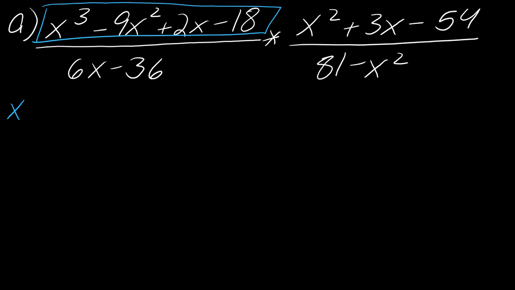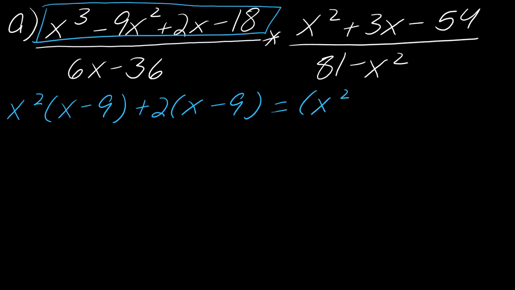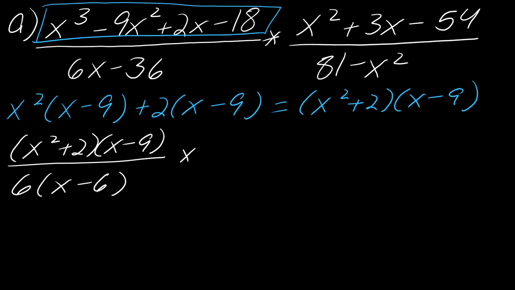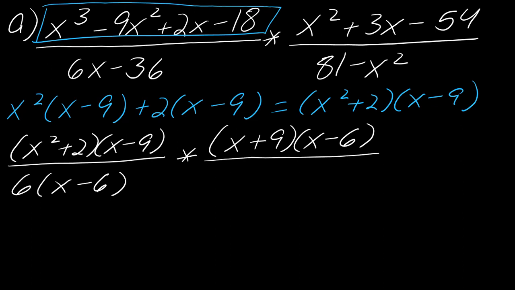Out of the first 2 terms, I'm going to factor out x squared. So this becomes x squared times x minus 9. And then out of the second 2 terms, I'll factor out 2. Now that I've factored that out, I can see that this is going to factor as x squared plus 2 and x minus 9. Okay, so now let's factor everything. This is going to be x squared plus 2, x minus 9, and then in the bottom here, I'm going to factor out 6, so this will be x minus 6. And then this will factor as x plus 9, x minus 6, and then,